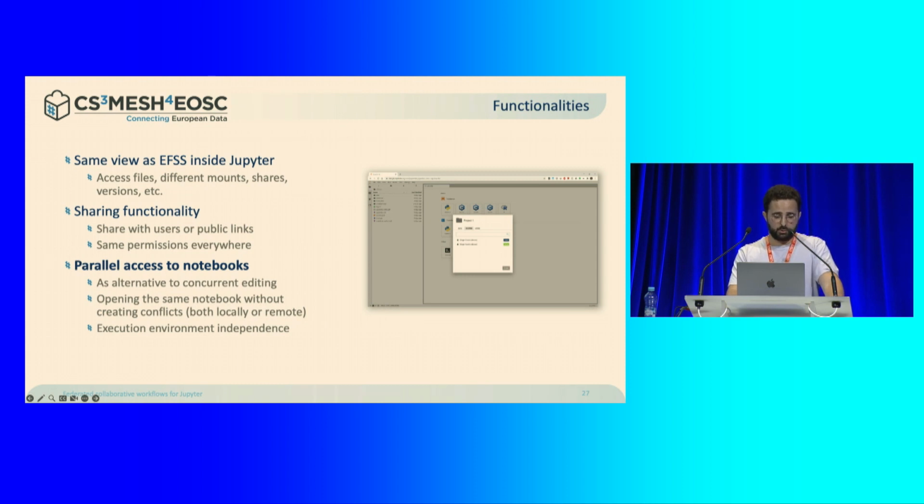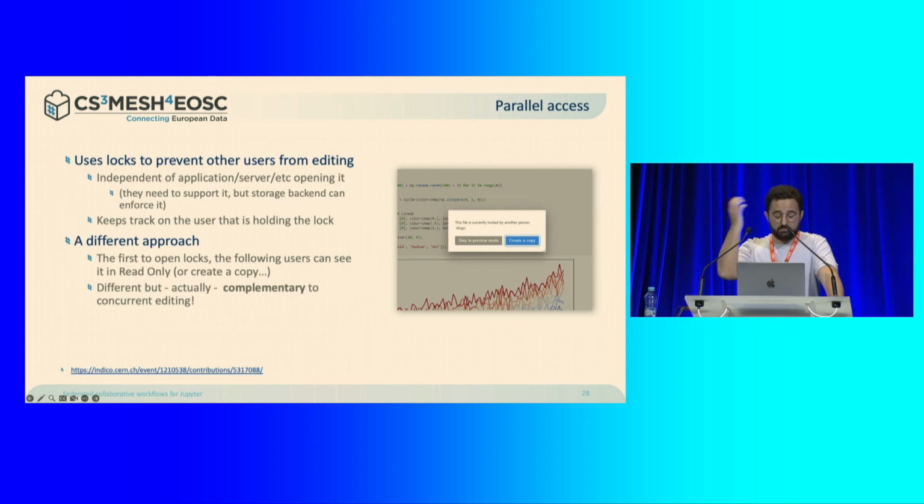But last, what we also bring is what we call parallel access to notebooks. We see this as an alternative to concurrent editing, where we keep some independence of the environment. What does it mean, having parallel access? It's not that complicated, actually. We basically use locks to prevent users from editing at the same time. One advantage of this is that you always know who the other user is that is editing the notebook, because you need to know who is the owner of this lock. So, of course, you know who is editing the notebook and is preventing you from access. And